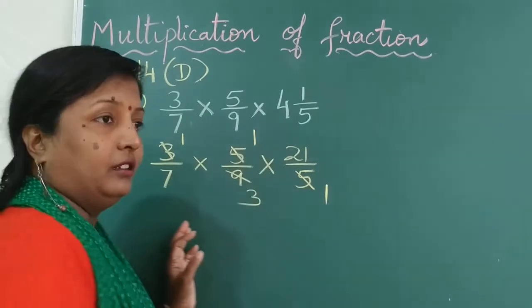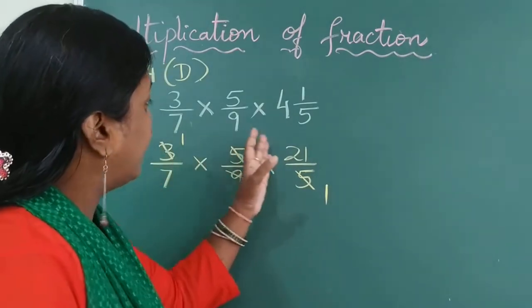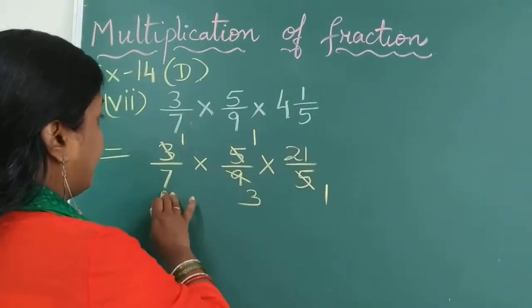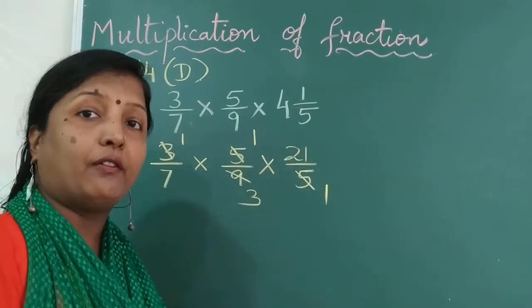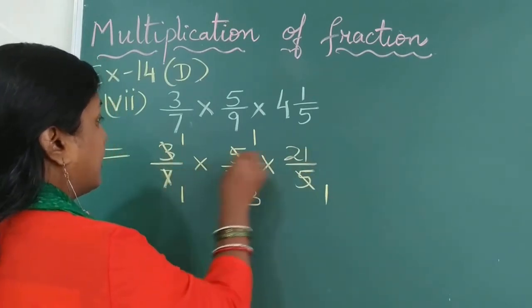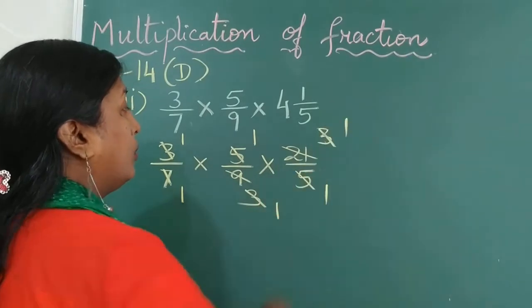When you have 1, you know that is the lowest. So you can go to the next number, that is 21. So 21 and 7 can be cancelled. 21 and 3, yes, they also have a common factor, can be divided. So it's up to you. 7 ones are 7, 7 threes are 21. 3 ones are 3, 3 ones are 3.